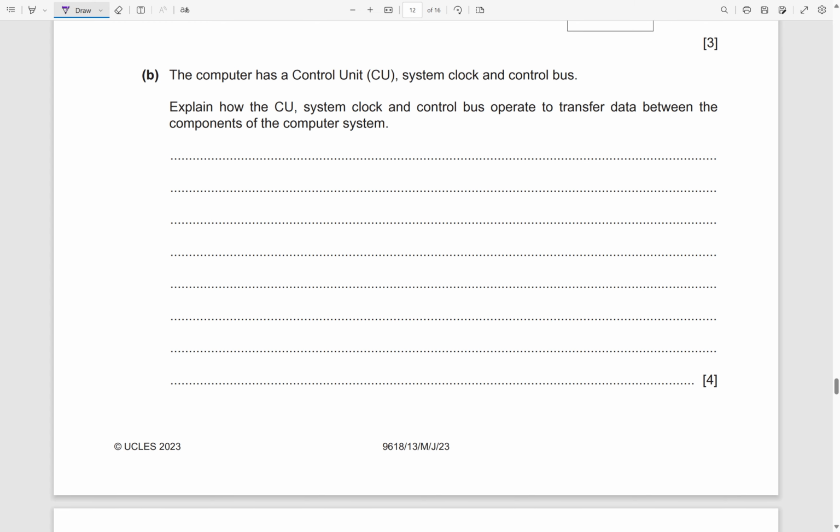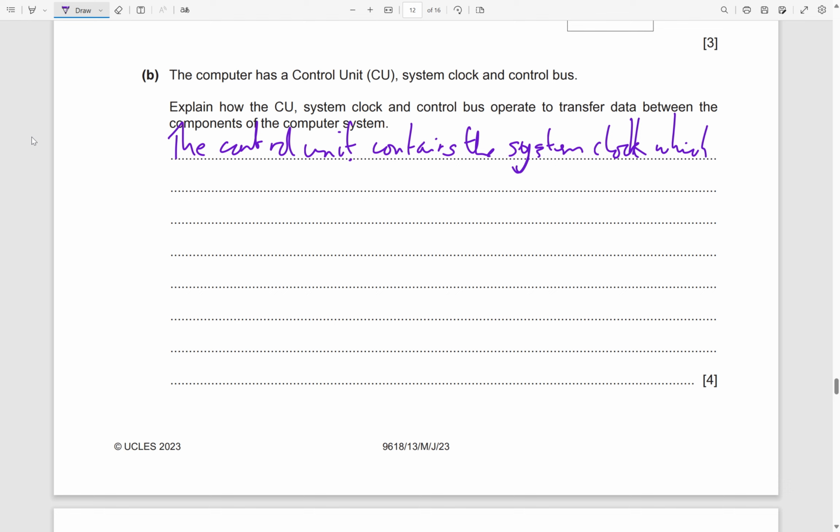The computer has a control unit, system clock, and control bus. Explain how the CU, control unit, system clock, and control bus operate to transfer data between the components of the computer system. So the control unit contains the system clock, which generates timing signals to synchronize